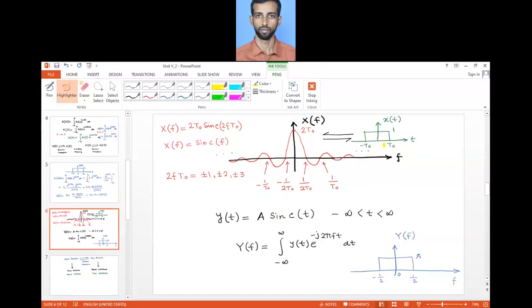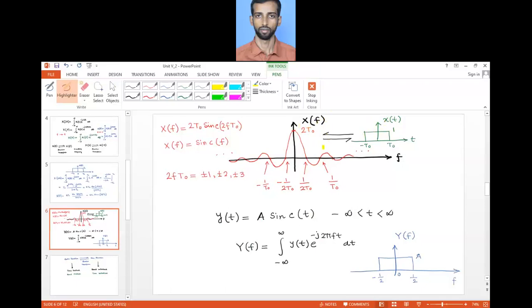Duality property says that if you know this Fourier transform pair x(t) and X(f), here small x is the gate function and capital X is the sinc function. So the gate function and sinc function form a Fourier transform pair. Now if you just reverse the role: the gate is defined in the time domain and sinc in the frequency domain, and you are asked to find the frequency domain representation when the signal in the time domain is not a gate function, rather it's a sinc function. So gate in the time domain will give you sinc in the frequency domain, and sinc in the time domain will give you the gate in the frequency domain